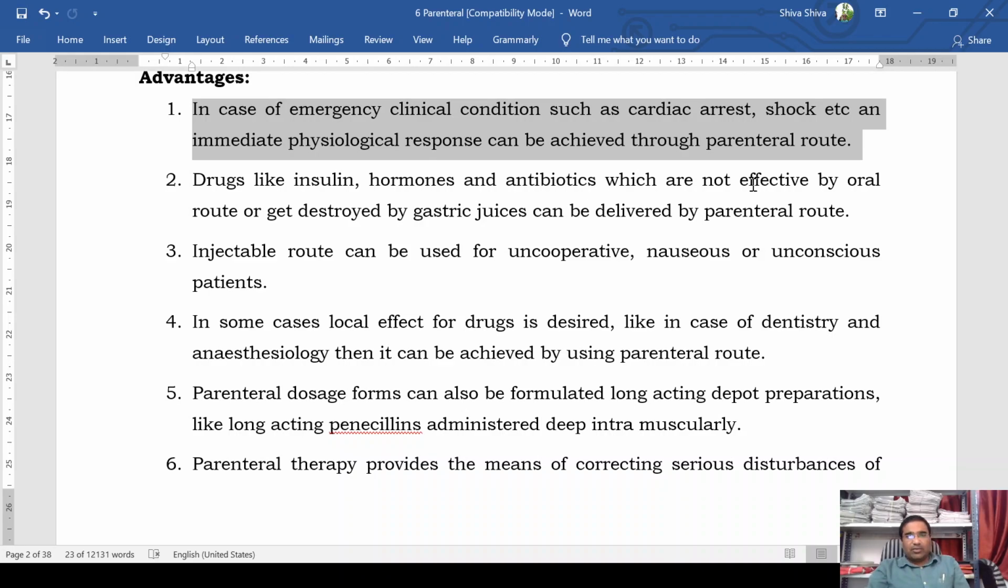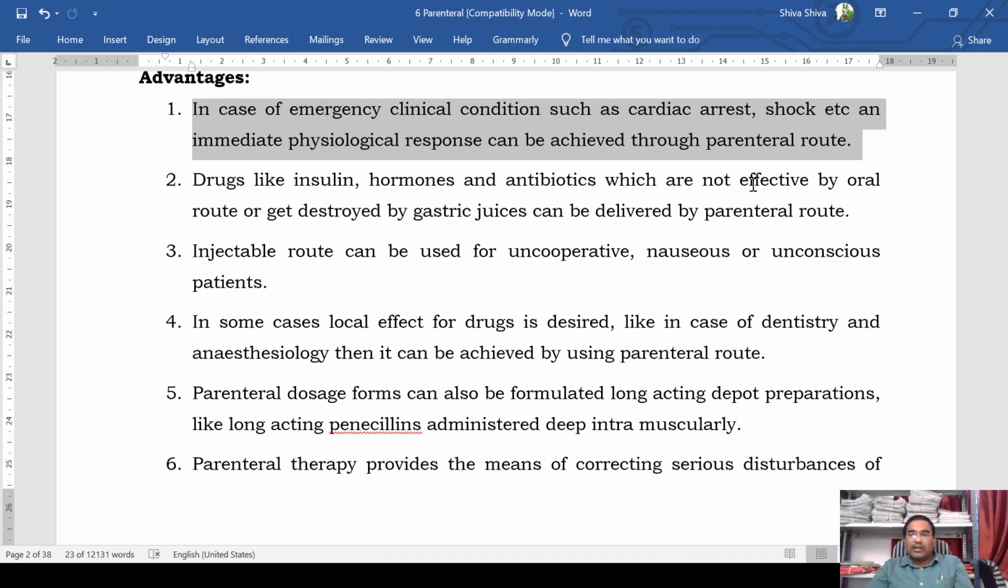So if a patient is suffering from a heart attack, at that time you have to inject the drug directly into the systemic circulation and not through the oral route. If you give the drug through the oral route, there might be chances that the patient may not survive because that drug will take time to show its effect. So if anybody wants a quick effect for quick relief or quick treatment of cardiac arrest or shock, then drugs are administered through the parenteral route only. Then the second advantage, as we have discussed, is that drugs which get destroyed by the gastric